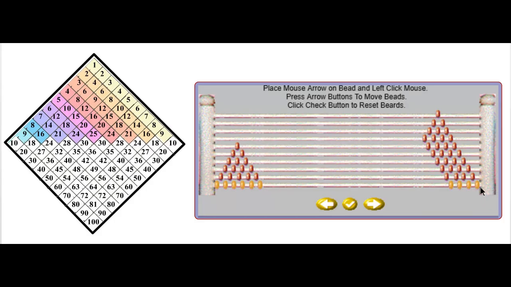So we push all those beads over, and then push the 4 back. Then we can count from 4 to 8. 1, 2, 3, 4, and go all the way over back to our first bead, 5, 6, 7, 8, and